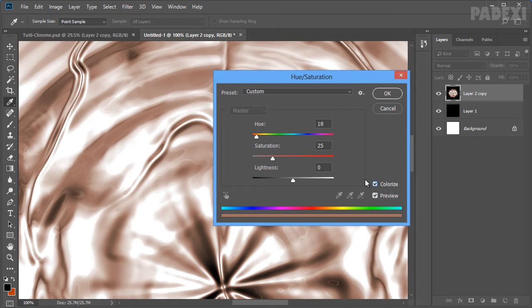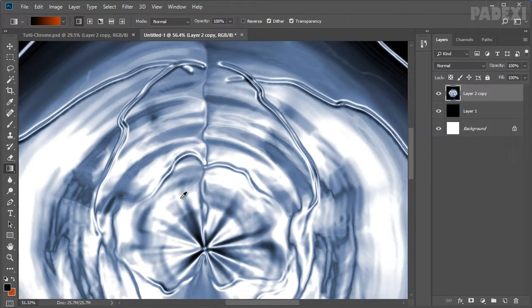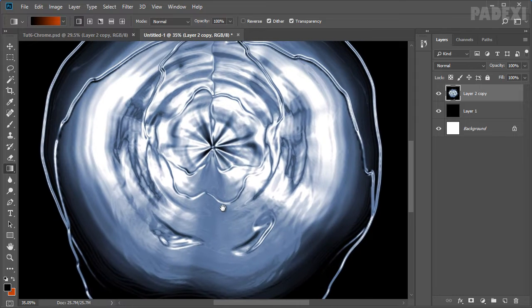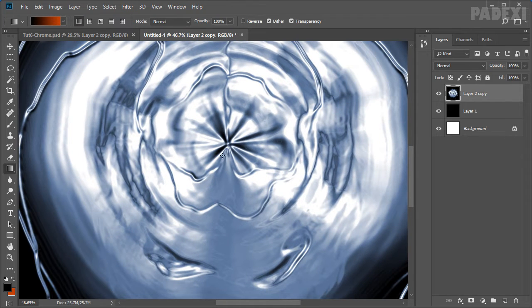Check the colorize checkbox here, and then set hue to 217 and saturation to 26. Click OK. So this is the final output we have got, and this pattern will depend upon the settings you have in the wave dialog box.